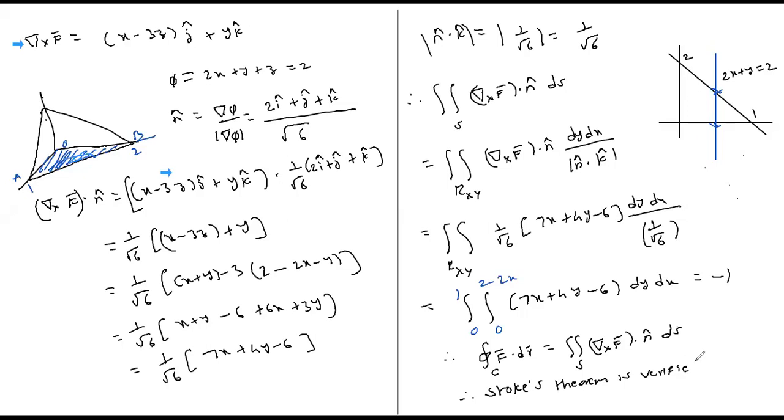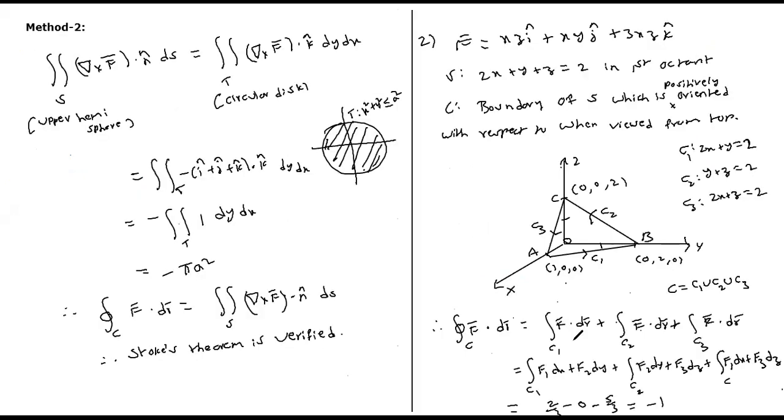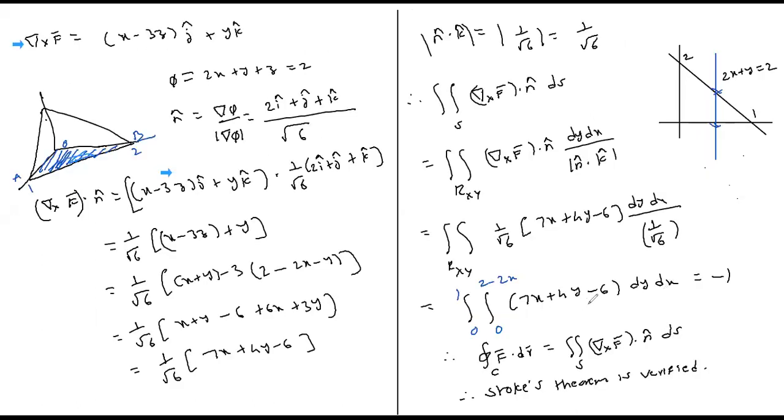Okay, so here some steps are skipped. So you please see that these line integrals are evaluated, and this also you can verify. When you are integrating with respect to x, y, x is to be treated as constant. You have the limits, you can easily integrate it. So these are the problems on Stokes theorem.